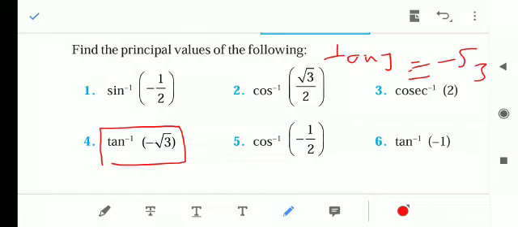You take this minus sign intact and see the value of root 3. In case of tan, root 3 is the value of tan 60 degree, and tan 60 can be written as tan pi by 3. So here we can write tan y equal to minus tan pi by 3,